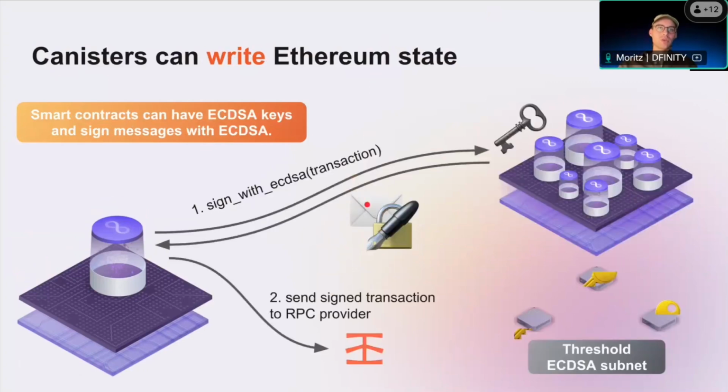I think there's a better overview of this. Here, for example, you have your transaction that you create in the canister. You then create an ECDSA signature on it, and then you submit the signed transaction to an RPC provider. And actually there's a convenience canister that does that for you, because of course you don't want to rely on a single RPC provider, right? If you imagine you rely on only Infura, and then it turns out one day Infura got hacked, or there was an employee that served you wrong responses to the requests that you sent,